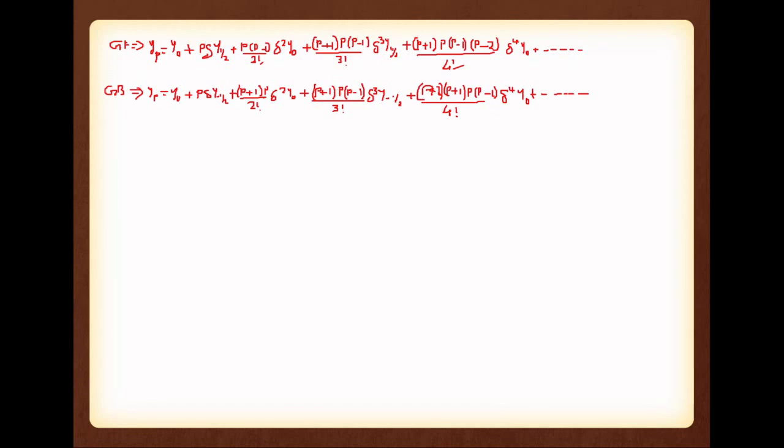So theta cube y minus 1 by 2 here, we have theta cube y minus 1 by 2. Here the p term is different. Here we have (p plus 1)(p minus 1)(p minus 2) divided by 4 factorial. Here we have (p plus 2)(p plus 1)(p minus 1) divided by 4 factorial into theta raised to 4 y0. Theta raised to 4 y0 is the same, so both have y0, that is same.